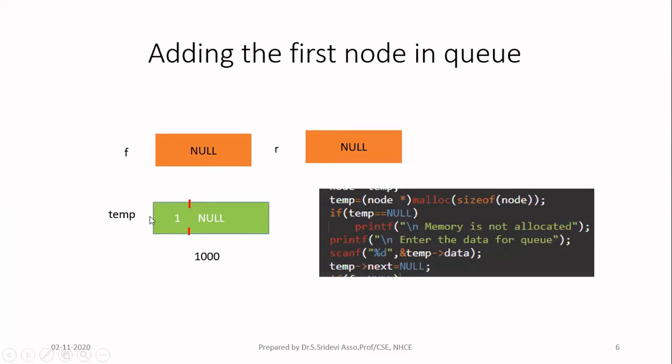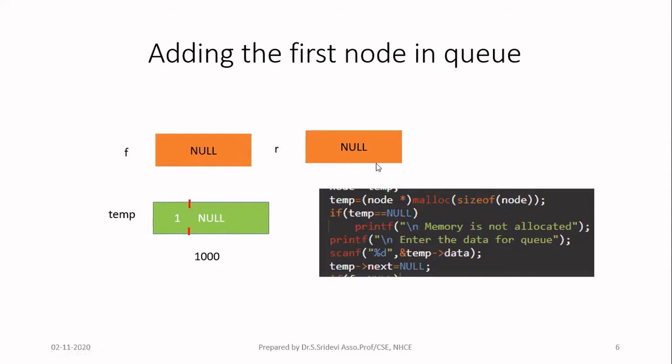You're going to add this node now. When you add this node, what is going to happen? First, you allocate the memory for this particular node. So I am writing it by means of malloc. To malloc, I am passing the size of node. It will return a pointer to void type, but I have to typecast it into a pointer to node. Then whatever starting address is returned, I store in temp. So according to this diagram, in temp I'll have the value 1000.